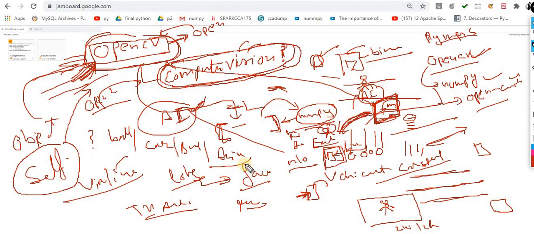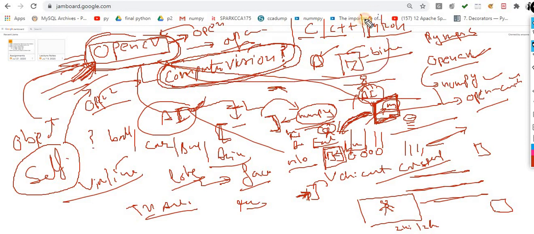So this is the very basic introduction to OpenCV, what exactly computer vision is, and what exactly OpenCV is. OpenCV is basically open source, compatible with C, C++ or Python. So you can take any of the programming languages. If you're comfortable with C, yes, you can write code in C using the OpenCV functionality. C++ again. Python again, but Python gives you lots of features and things become very easy when we combine OpenCV with Python.